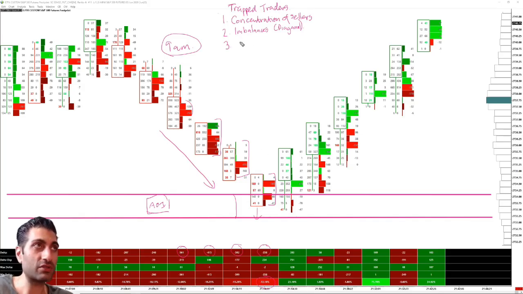And then number 3 is, I actually called it table info in the live example, but it is essentially exactly that, table info. Now what do I mean by that? Well, the delta essentially reflects nicely what's going on in the whole candle. And I talked about nice concentrations of selling, because okay, there's selling here, but look at this, guys, minus 455, minus 189. So that's also concentrations of sellers. So within here,